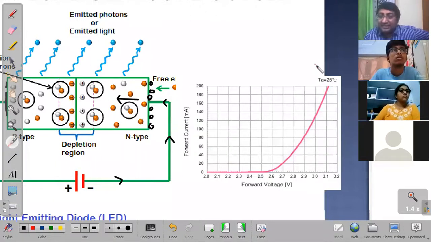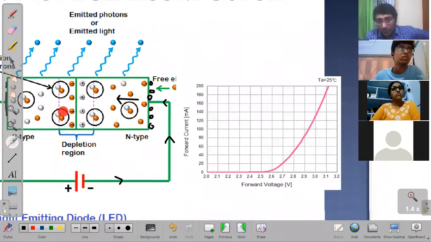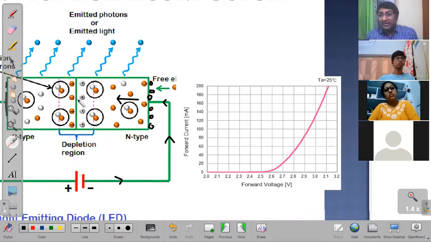Now you understand the reason why materials are non-linear. Non-linearity is there because there are some structural problems inside those materials that are causing it. In pure metals, such things will never happen. Electrons will always move in a steady fashion. You supply more energy, they travel faster. You supply less energy, electrons travel slower in a steady fashion. But here the steadiness is not there. And that's the reason you have non-linearity for an LED bulb.